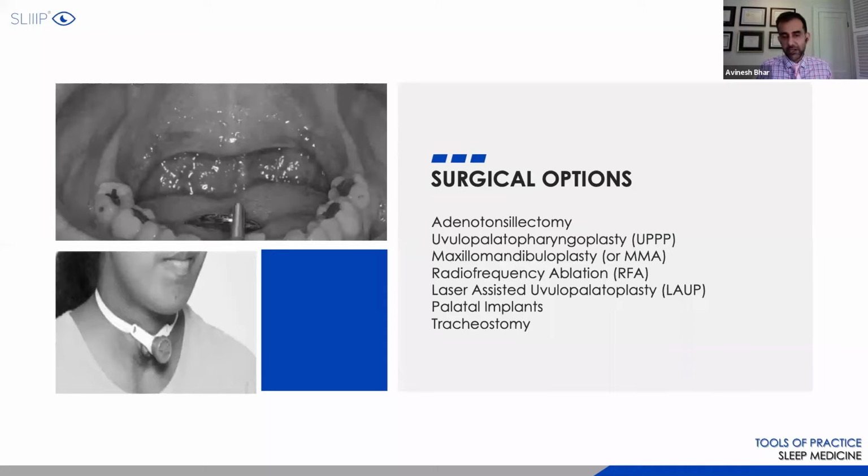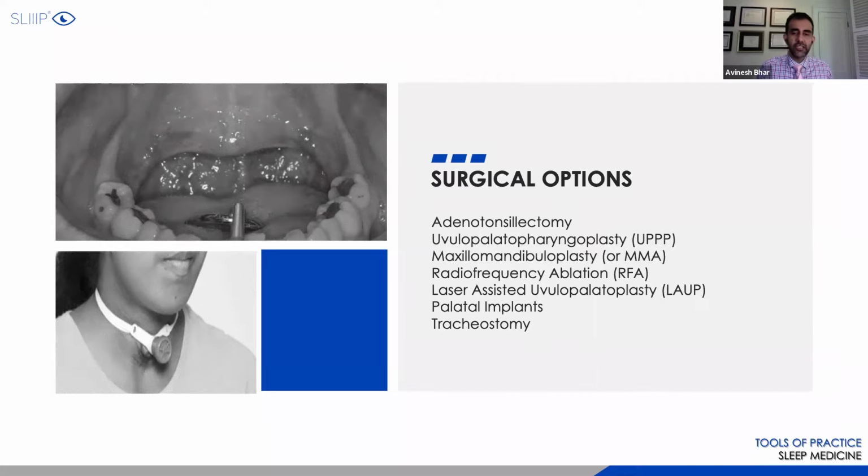Tracheostomies work really well because all it does is overcome the obstruction here, but that's reserved for patients with morbid obesity or BMIs above 50 and 60. Because the pressure requirements are so high on the CPAP or BiPAP, they can't tolerate it. And because of them not being on CPAP, they're suffering from frequent cardiac issues, frequent respiratory failures. Those patients are definitely the ones that you want to switch over to tracheostomies. But generally, surgical options should be considered as a last gap measure.